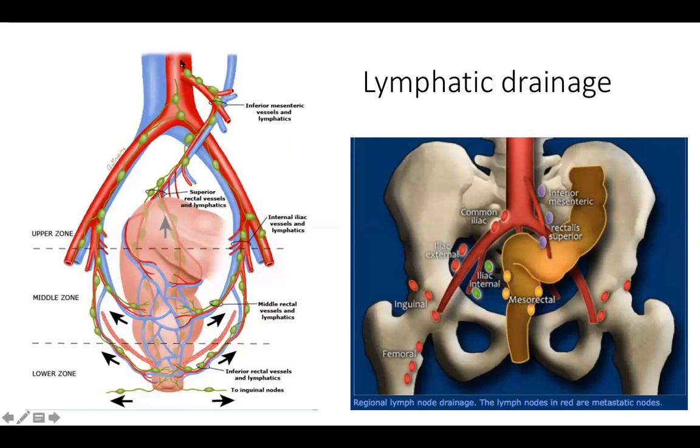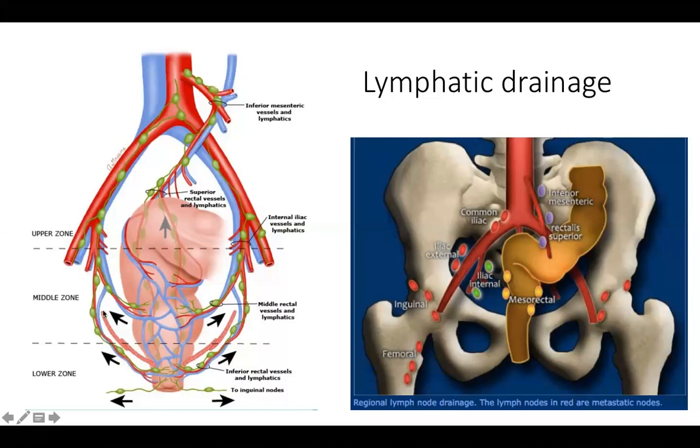So we have the inferior mesenteric coming from high up, then we go down and it divides into the superior rectal and the sigmoid. And these are the iliacs, the internal iliac and the external iliac, which, as we said, is of no consequence. Depending upon this blood supply, the distribution of the lymphatics has been divided into three parts. The lower zone, which is supplied in part by the inferior rectal arising from the internal iliac, has a drainage pattern that is much more lateral and upwards. In the mid rectum, it is more predominantly lateral.